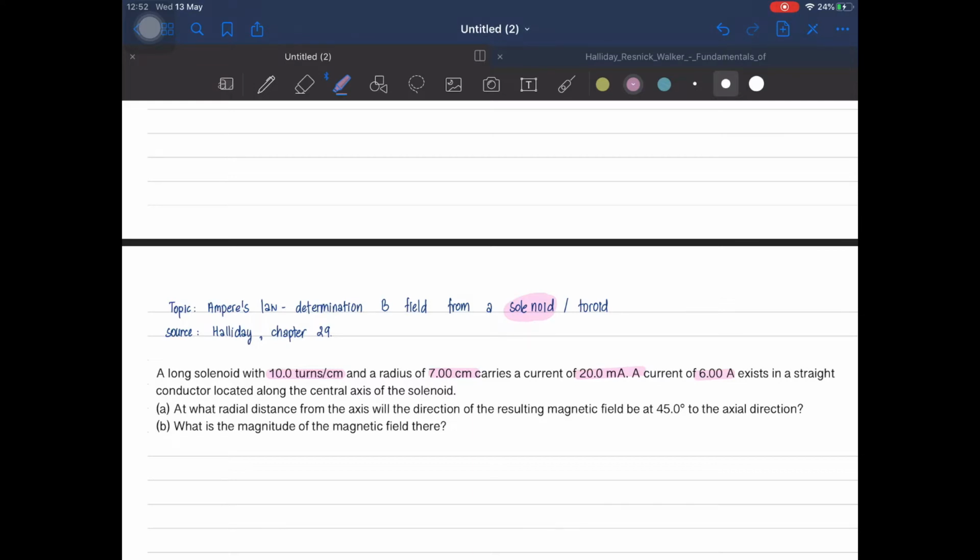So we can name them differently to avoid confusion: this is smaller I and this is bigger I. After this, we can continue and see other numbers that are significant to our problem solving, and we can also see an angle. We can also see that some of the units are not standard yet. Therefore, we have to change all the units into the standard